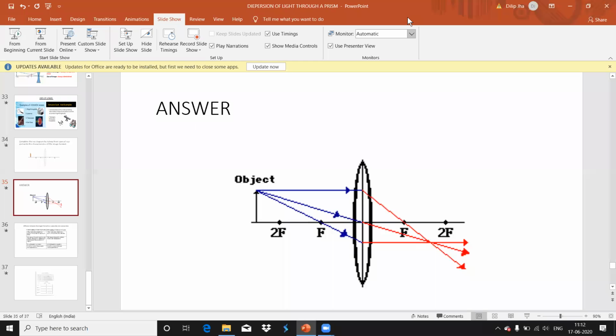I have a doubt. Yes, you can ask. So when sir two prisms there and between them sir one slit is kept,